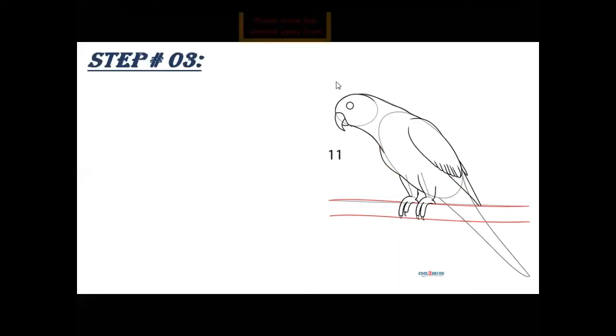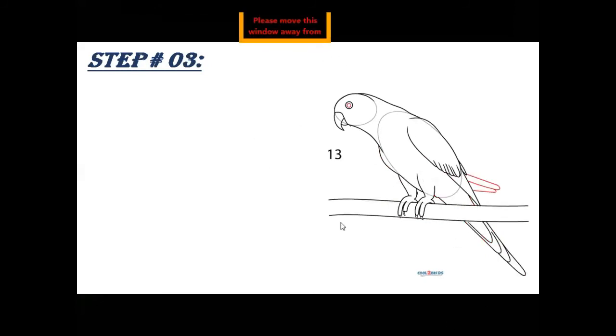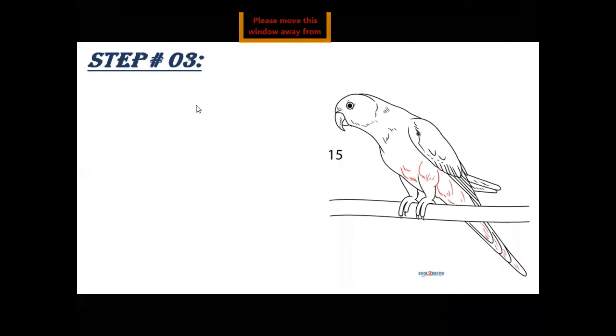In this step number 3, we will give more detail to the parrot, highlight the eye, give some extra accessories and some details. Okay, this one is the proper shape for the parrot.